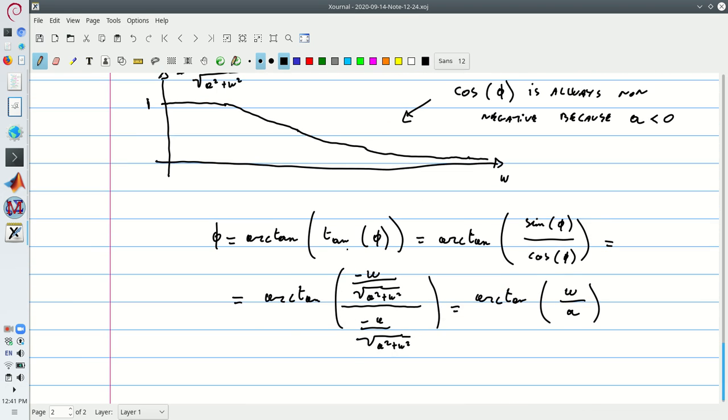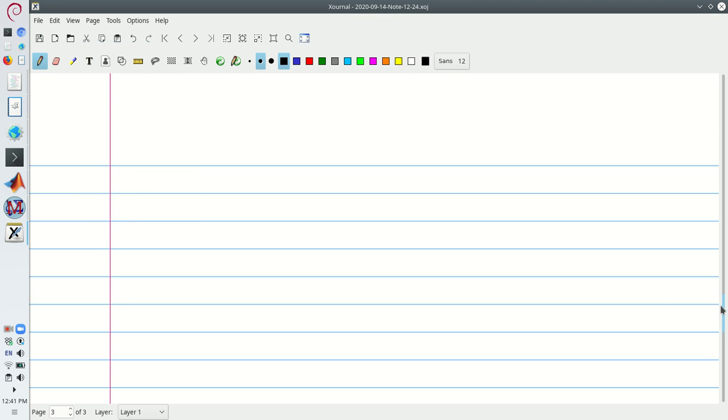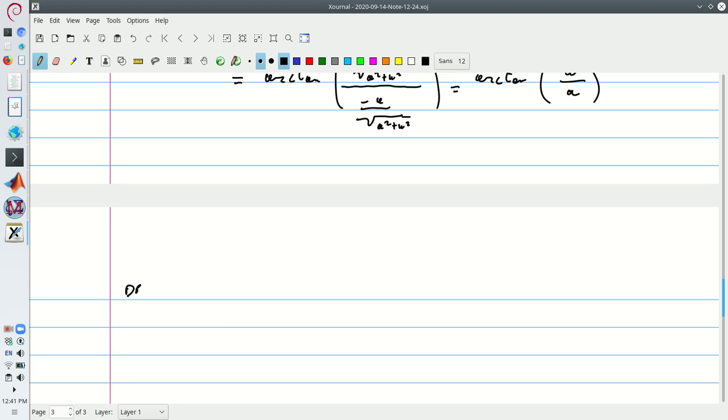So under this definition, defining phi as the arctan of omega divided by a, we can now write